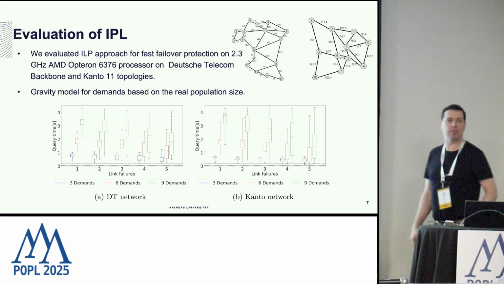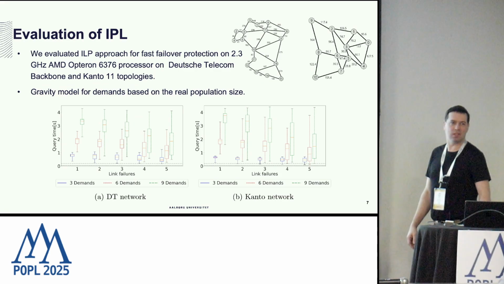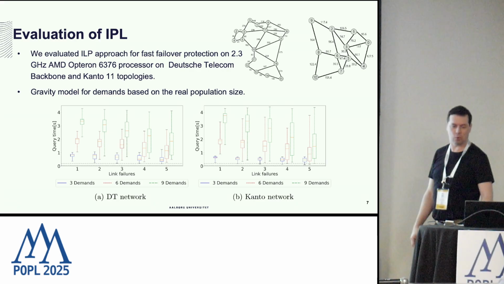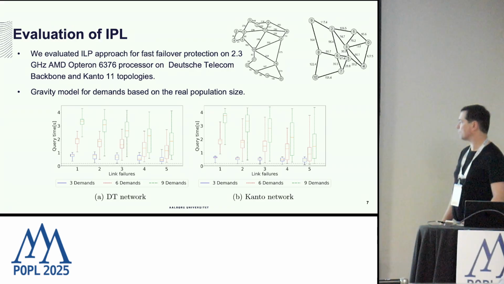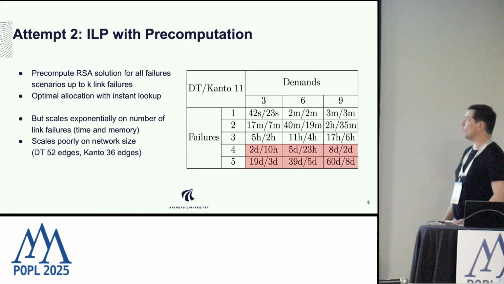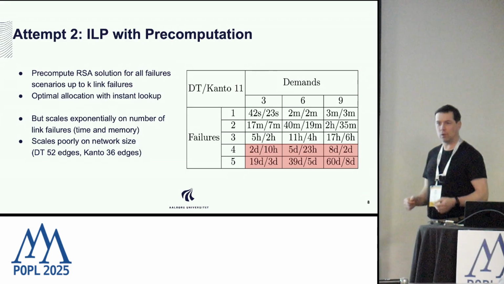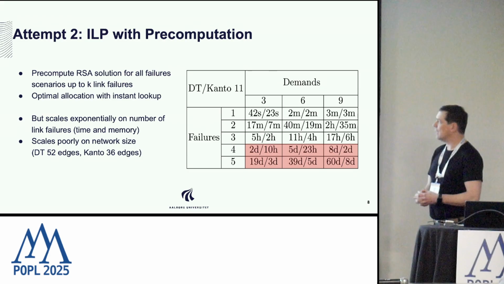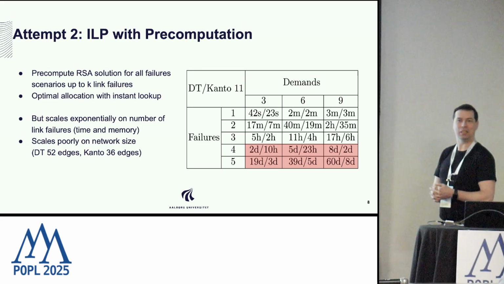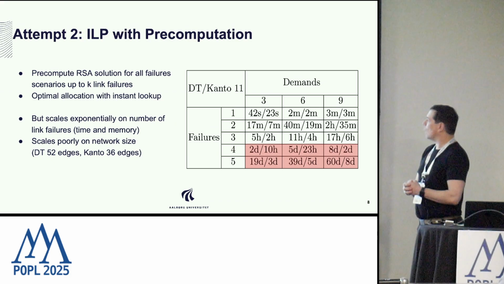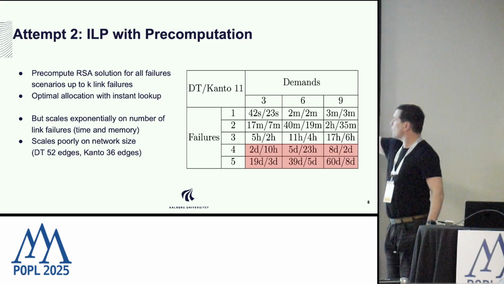So this is definitely not going to allow us 50 millisecond reconfiguration time, in particular if we go to larger networks and more demands. So attempt number one would be, well, let's pre-compute it. So let's prepare for all the failure scenarios, but as you might expect, this is exploding in the number of links you will prepare yourself for.